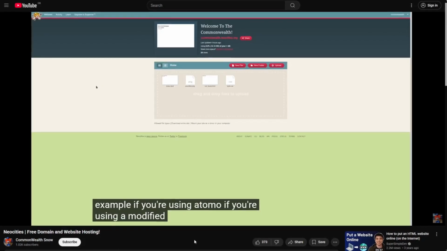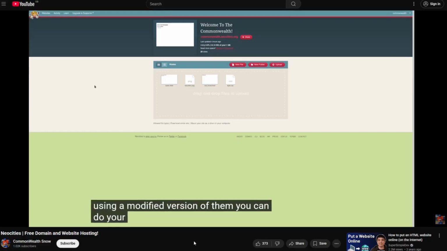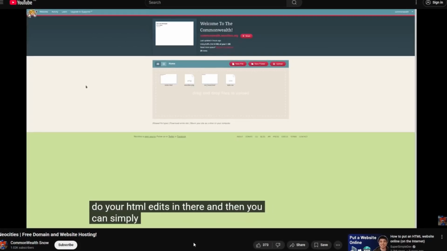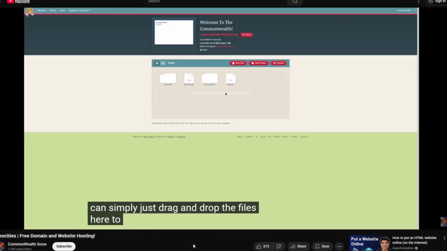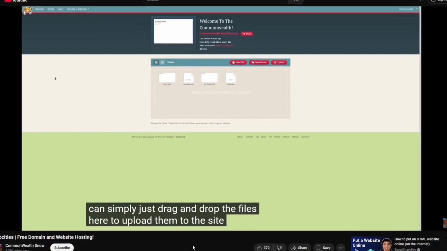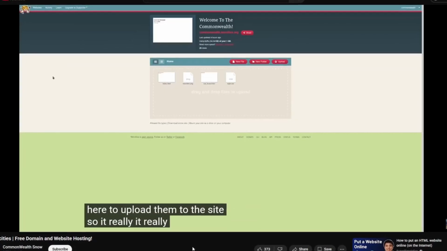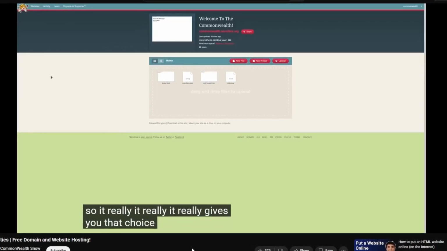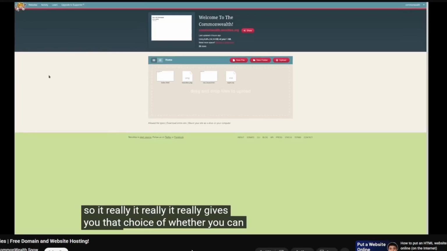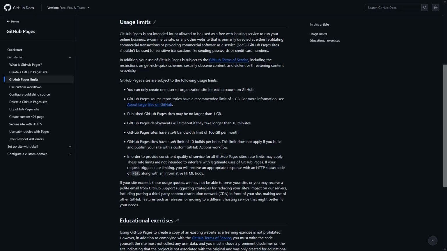Neocities has a drag and drop uploader on their website, which is fine. It's also easier to get to grips with for someone who may not be familiar with GitHub, but it's not really made for big, frequent updates, and there's no automation unless you've written your own external script. GitHub Pages doesn't have super strict limits, as long as you're not trying to host Netflix 2 or something. They do have a soft cap, I've read, on bandwidth and build time, but most personal sites will never hit